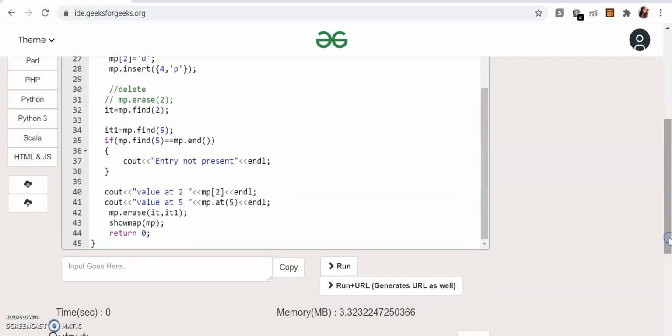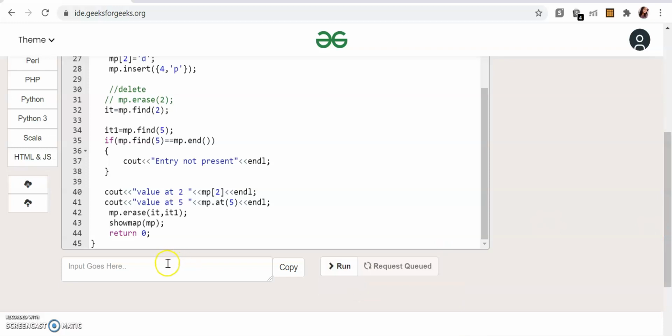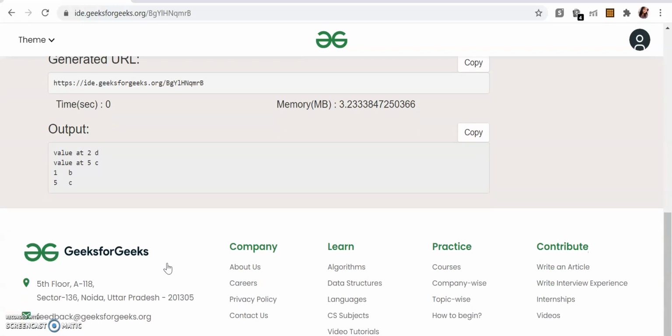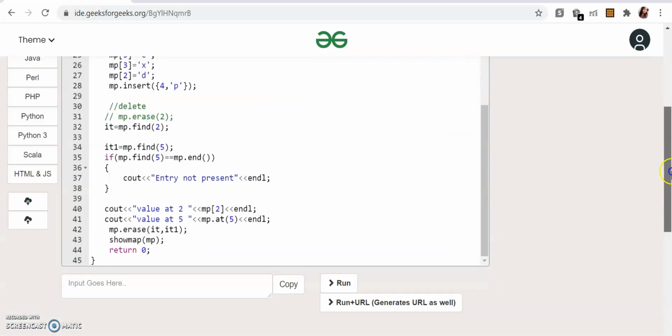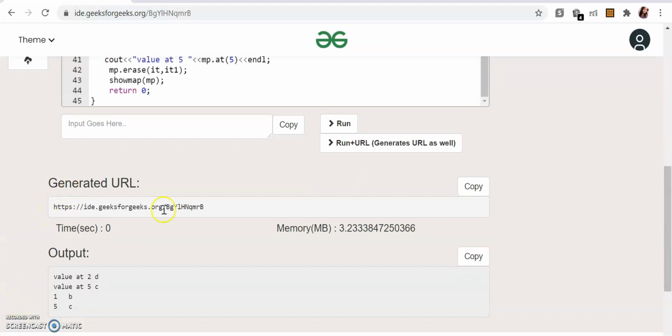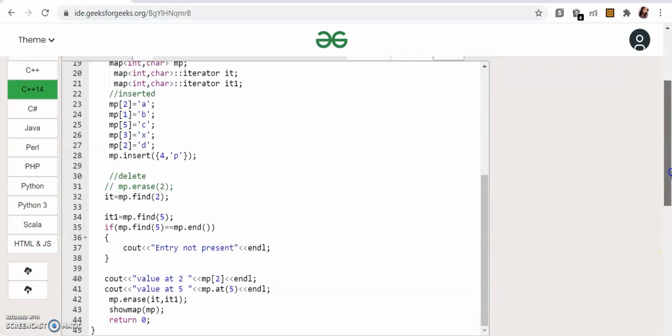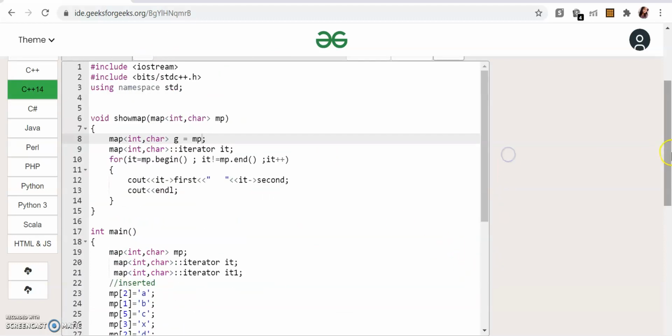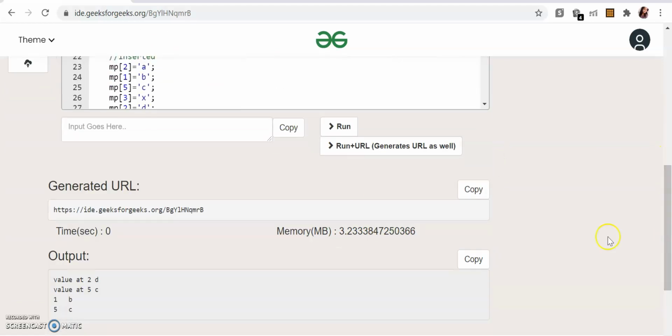You can try upper bound and lower bound. I will generate the URL and share it below. I'll also add the code for upper bound and lower bound here. I'm leaving it as an exercise for you. Maybe you can use the same link and my same code, so that you don't have to rewrite all the functions here. You can delete the upper bound and lower bound code which I am writing here and try it out.